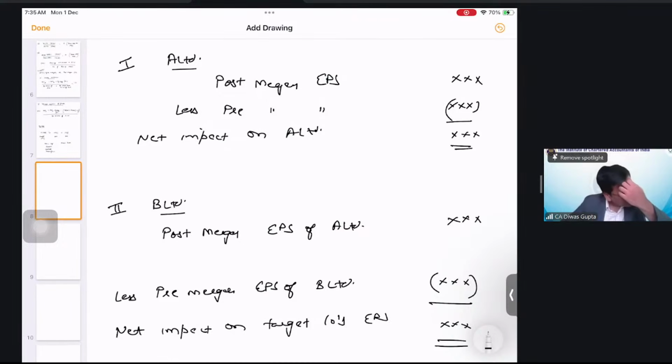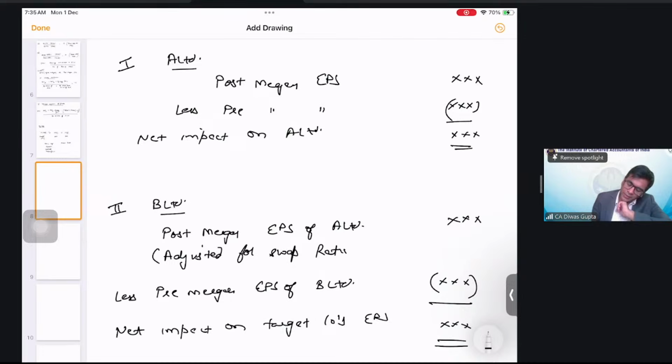The only post-merger entity remaining is only A Limited. But I think what you're saying is correct to some extent, we'll have to take the equivalent value from A Limited for B Limited. That means we will have to adjust for swap ratio here. So you will have to adjust swap ratio in this value. Reason being,